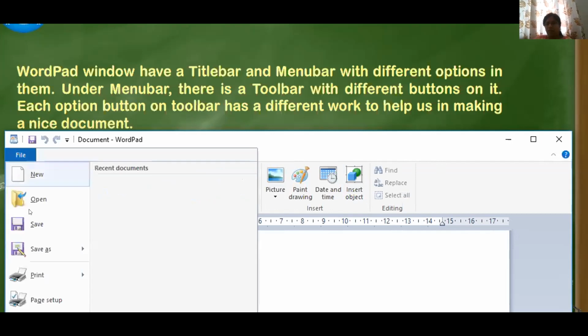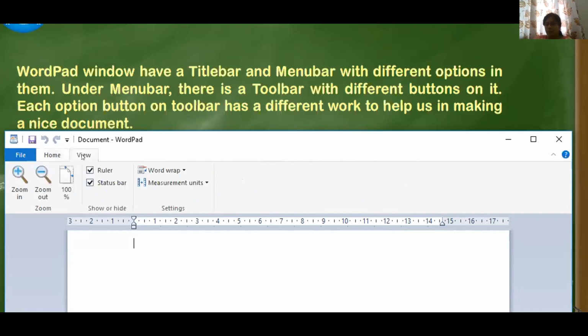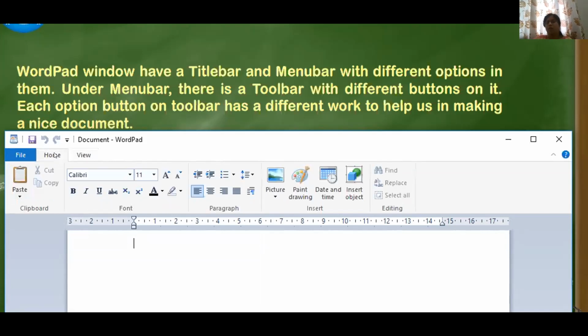See, when I click File, see what the different options are: New, Open, Save As, Print are coming. When I click Home, we have Paint, then some names, some options, some pictures, small icons we can see, right? And when we do the View also, Zoom In, Ruler, etc. What are they? They are the toolbars.